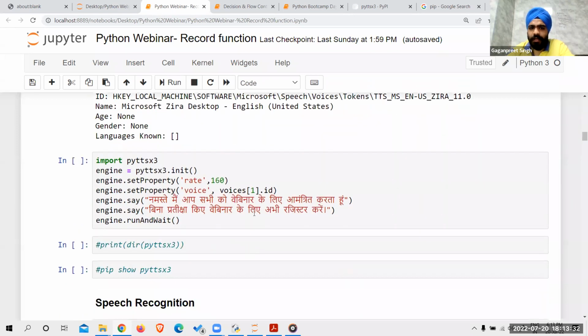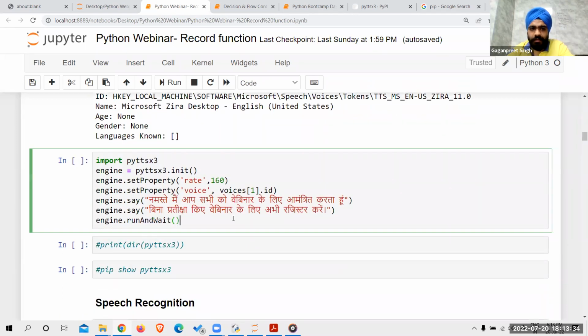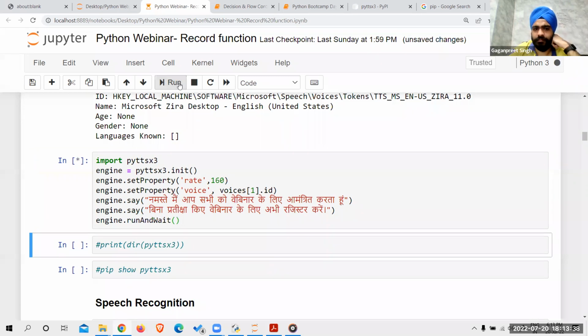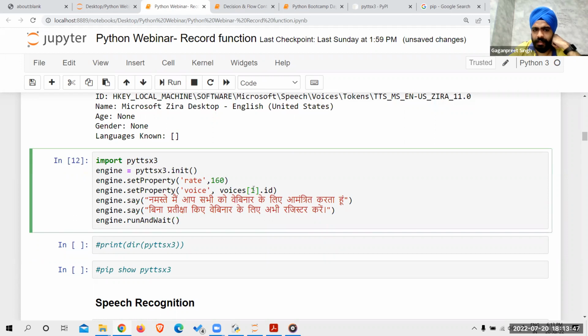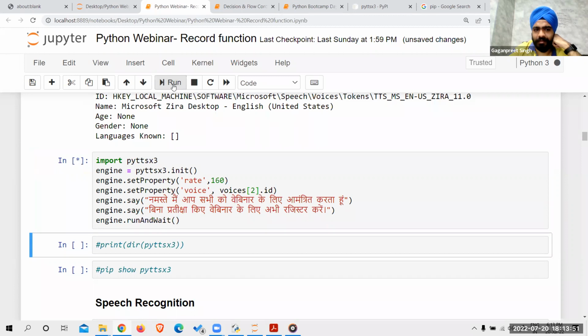Let me just show you a glimpse of how it speaks Hindi. नमस्ते, मैं आप सभी को वेबिनार के लिए आमंत्रित करता हूं। बिना प्रतीक्षा किए वेबिनार के लिए अभी रजिस्टर करें। Right, so this is how the Hindi accent can be done. नमस्ते, मैं आप सभी को वेबिनार के लिए आमंत्रित करता हूं। बिना प्रतीक्षा किए वेबिनार के लिए अभी रजिस्टर करें।